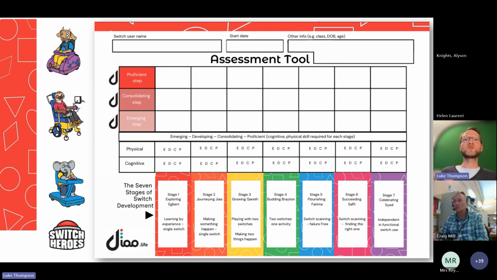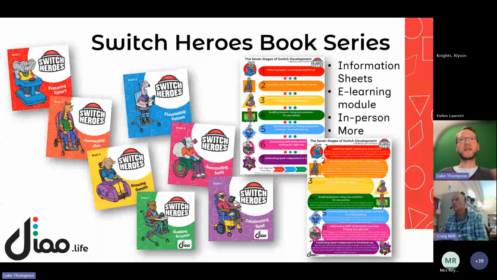You can use this assessment tool to set goals, so you can put in a date that you think they'll get to one. It gives you consistency for when they move class, so that you can see where they're at. You can put little notes in there, and again,